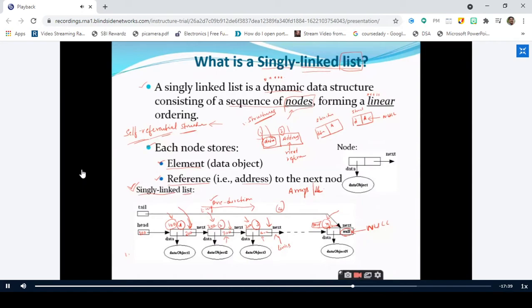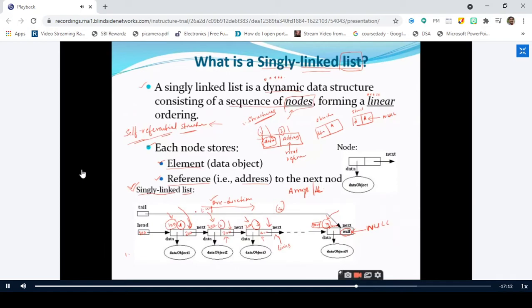First node is at 100, second node is at 200, third node is at 300. Are they in sequential manner? No, sir. Sequential means 100, after 100 we get 101, then 102, like that. The linked list does not follow sequential memory allocation.